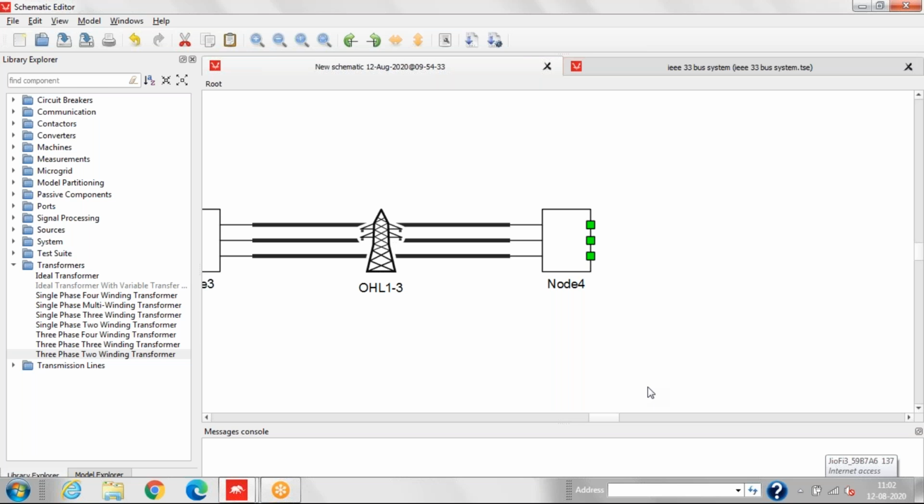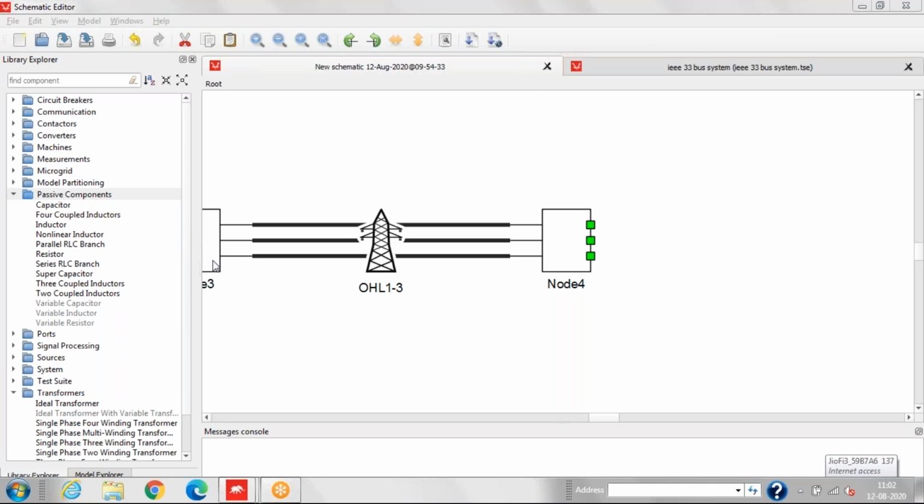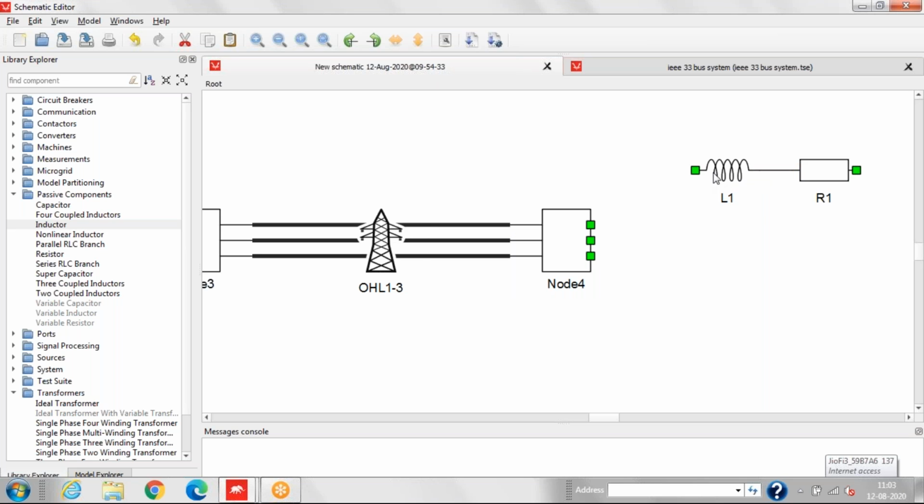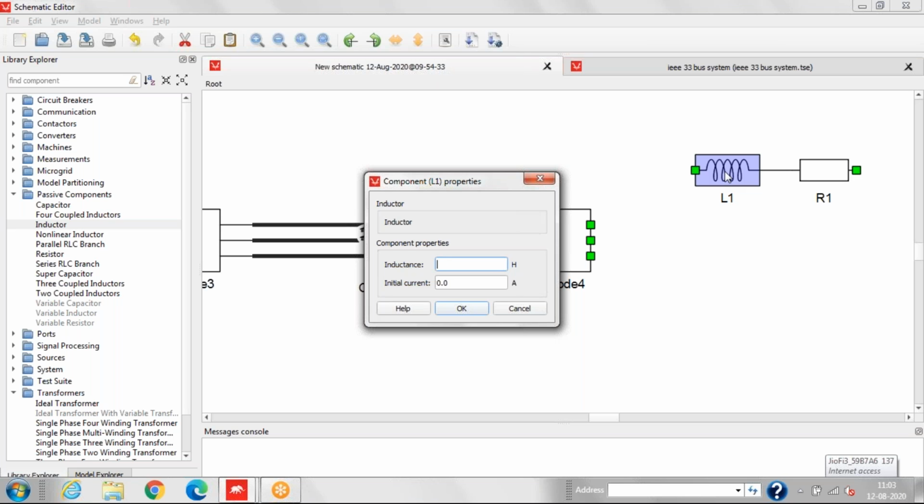Now we'll take the load. For the load, we'll take an RL load here. For that, we'll go to the passive component and drag a resistor and inductor. We'll change R1, then this will be L1.